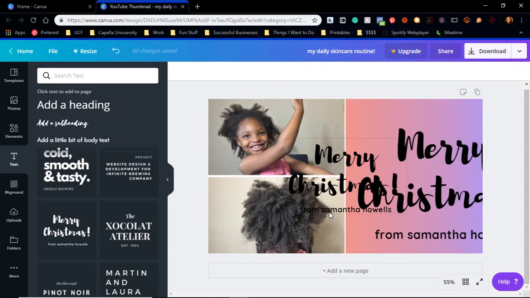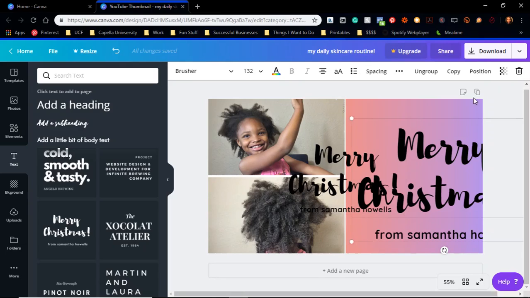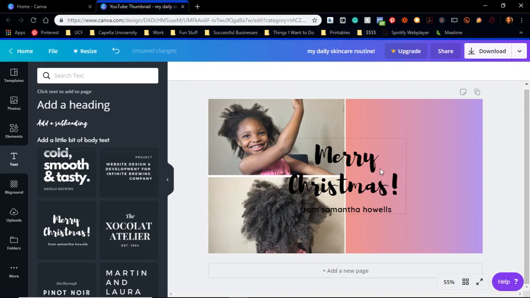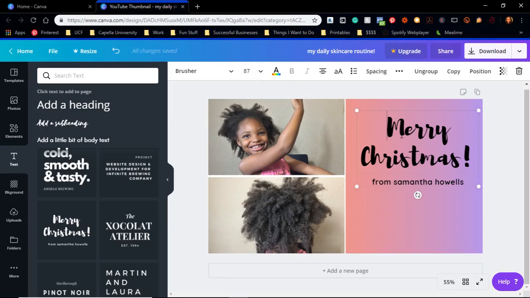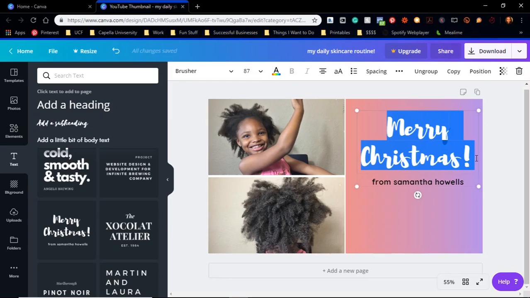There it is. Okay. If you want to ungroup it, that means break the text boxes apart, you can do that as well. So I'm just going to delete this whole group because it's on there twice. And let's just slide this over. It says Merry Christmas, but obviously it's not Christmas. This is going to be like, I don't know, a hair tutorial. So I'll just do